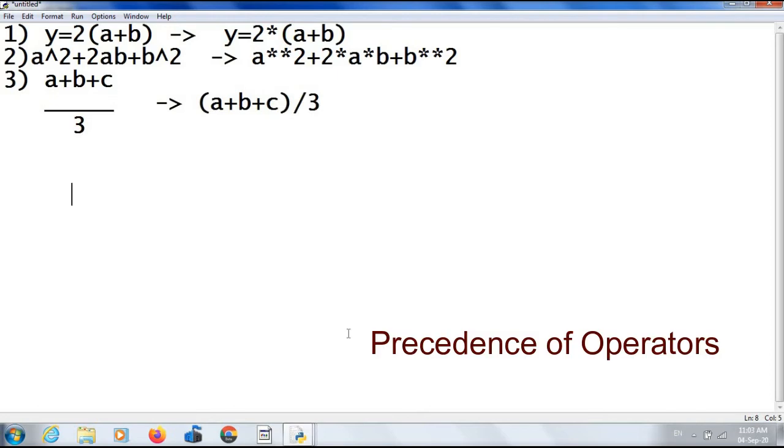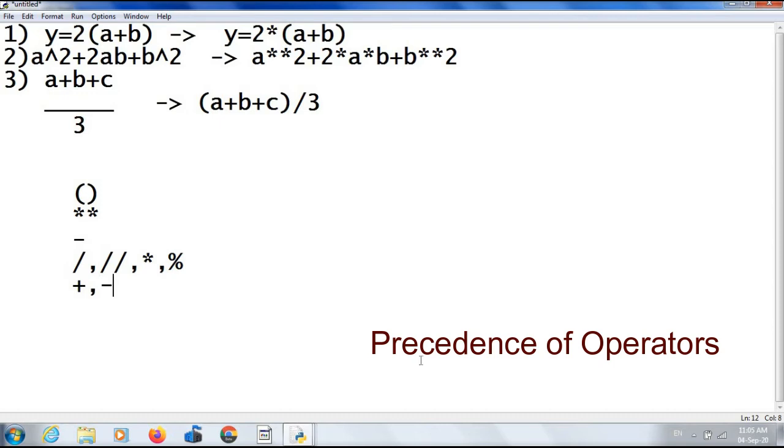We will see the precedence of arithmetic operators. The first priority is for the parenthesis, next is for exponent, then negation, that is minus 5, minus 3, etc. Then division, integer division, multiplication and modulus operation. All these are having same priority. At last, addition and subtraction. Addition and subtraction are having same priority.